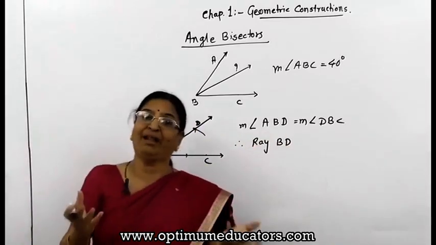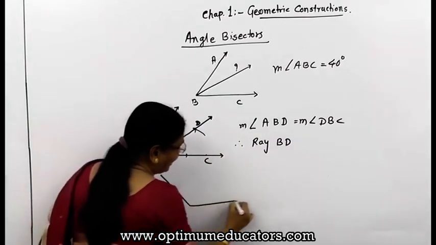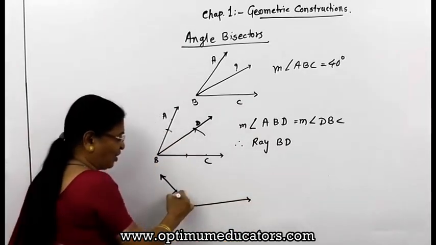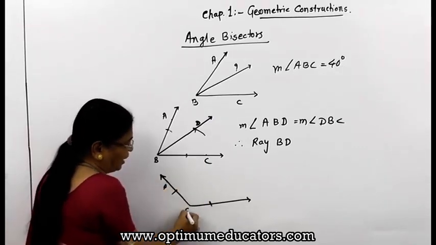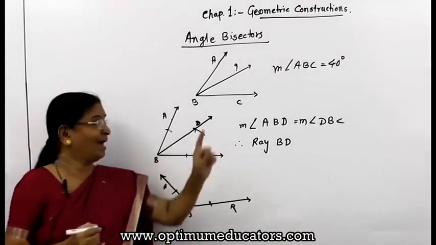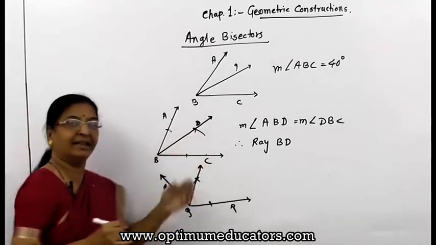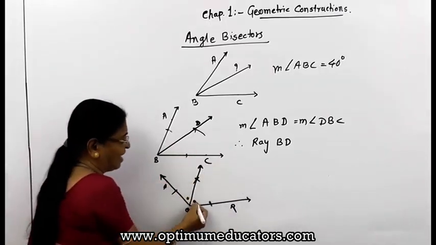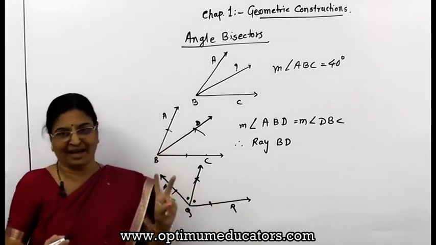The same procedure can be done. Of course, I will not now use the compass, I will show you. If the angle is an obtuse angle, again draw the 2 points equidistant, suppose this is PQR, and then again mark it. Every time this angle bisector will be in the interior part of the angle. So this is the angle bisector. I will mark here the 2 angles and this shows you how the 2 angles are equal.